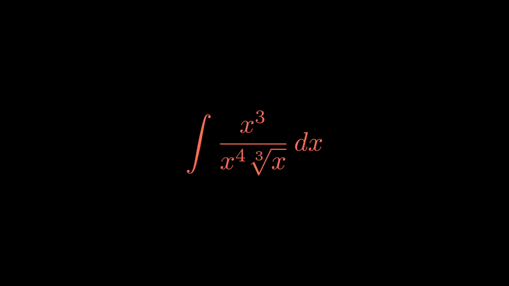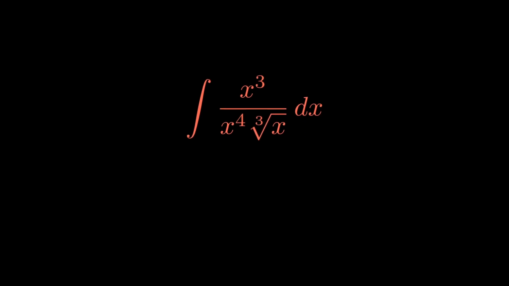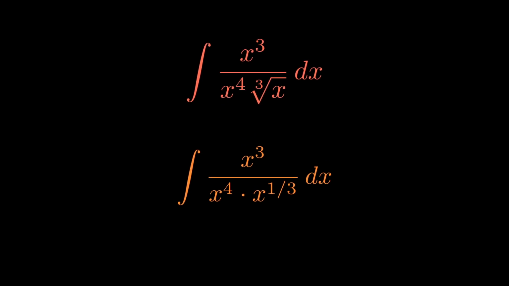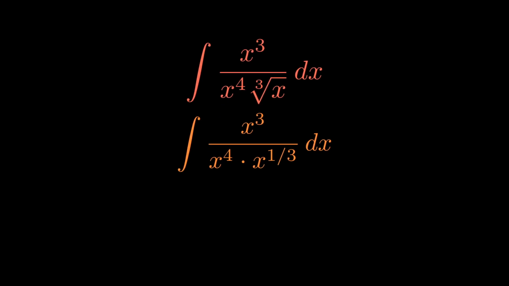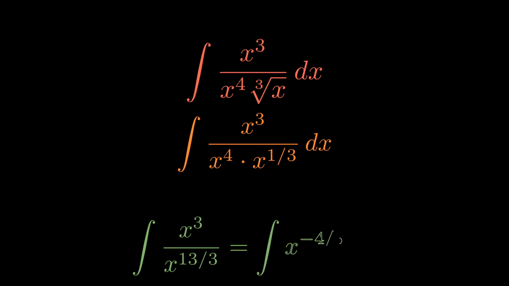Now let's look at an example. The integral of x cubed divided by x to the 4th times the cube root of x. So I convert my radical to exponential form, and then I can simplify this because I know when I multiply two terms with the same base, the exponents add up. So I get x to the power of 3 divided by x to the power of 13 over 3, which is x to the power of negative 4 over 3. Now the integral of that is simply minus 3 times x to the power of minus 1 over 3 plus